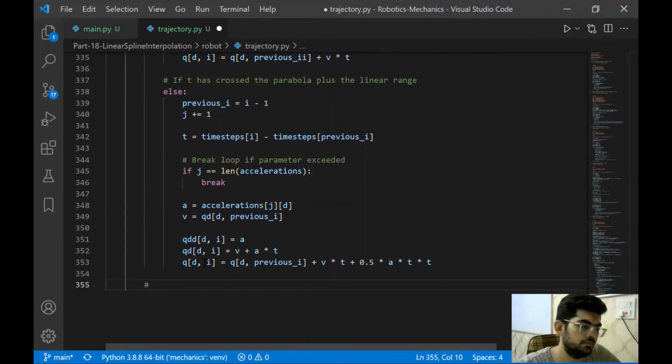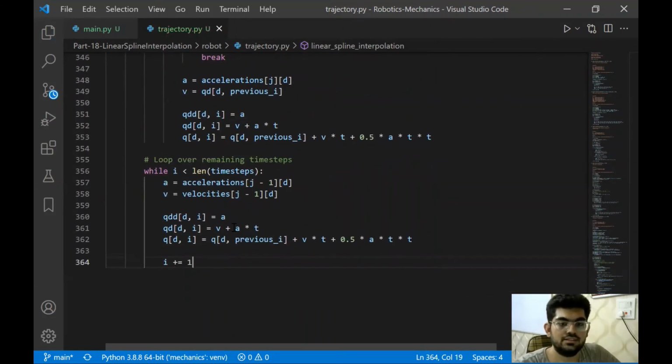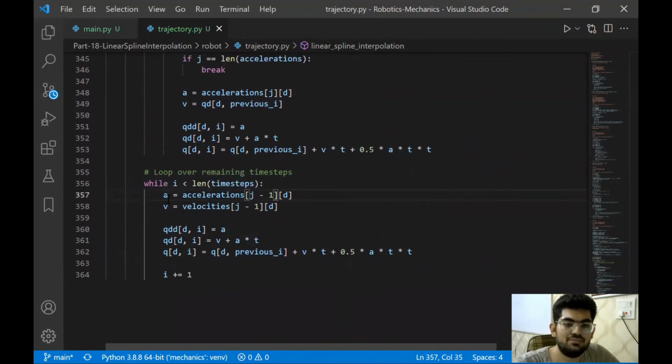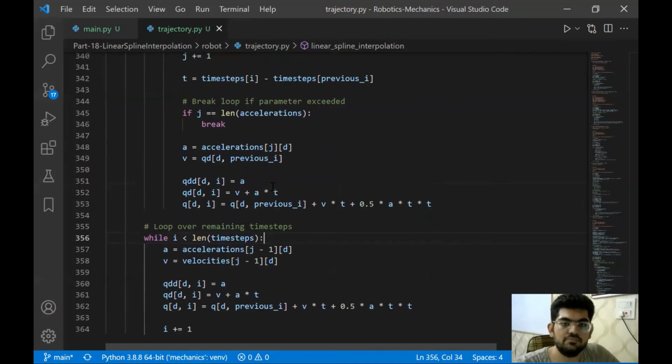So let's do that. Here is the loop that loops over the remaining time steps. It's very similar to the parabolic part, because towards the end we actually have a parabolic region. So the remaining time steps are for the parabolic region that we have to complete.